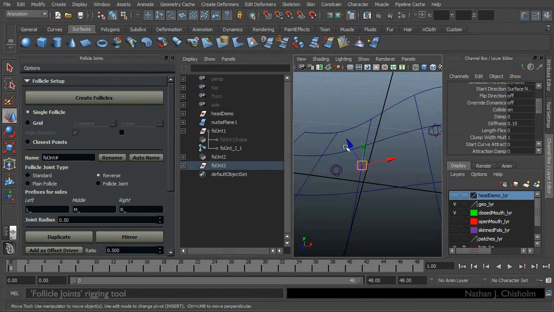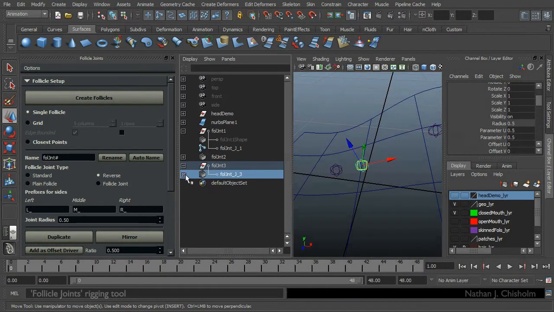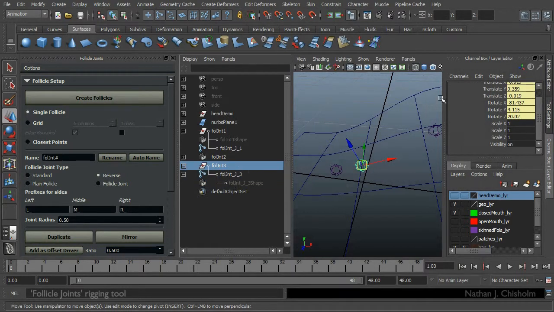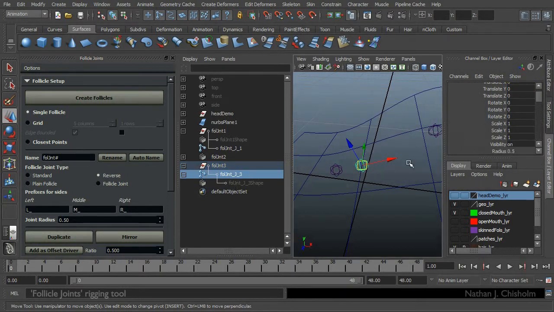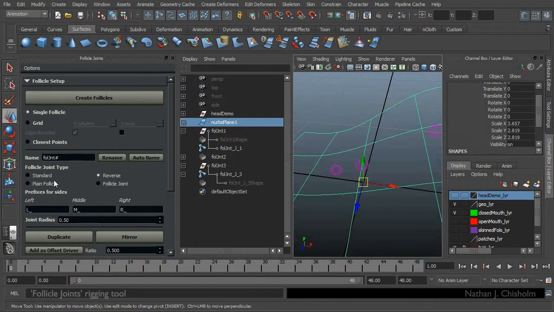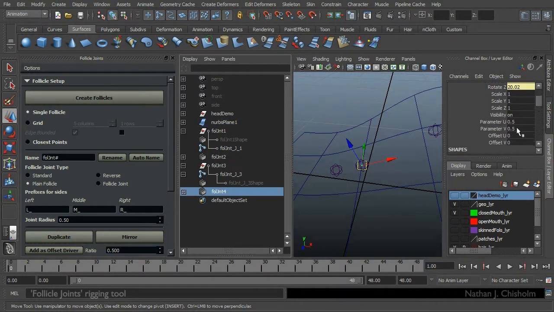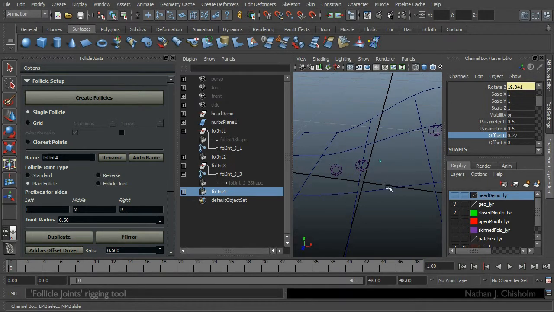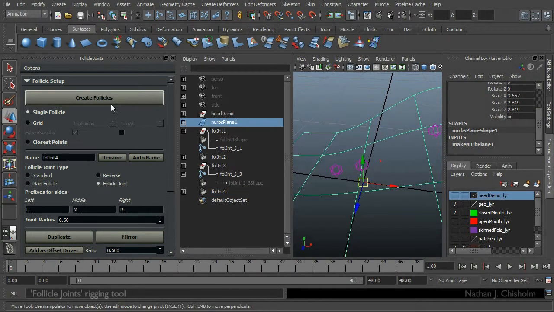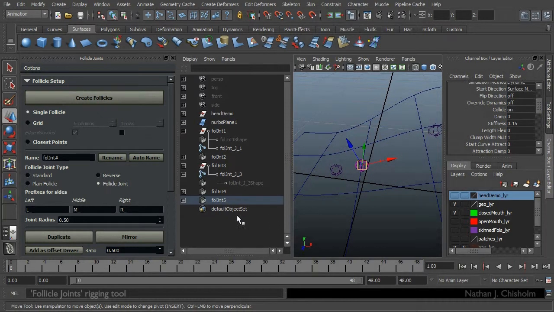Reverse has the follicle shape under the joint instead of under the transform, but still drives the transform. Plain follicle is just a standard follicle. And follicle joint is the most basic version, where it's a follicle shape under a joint.